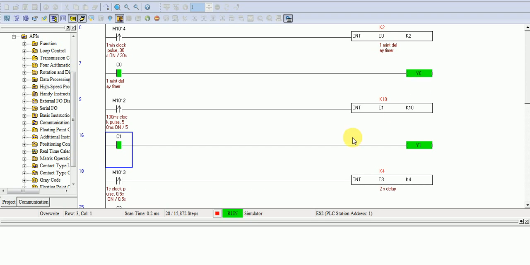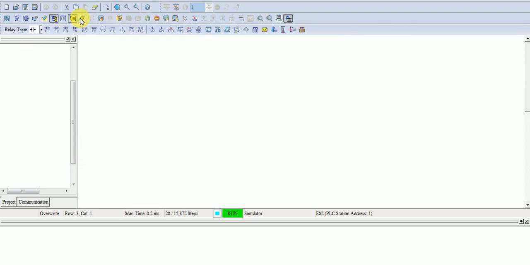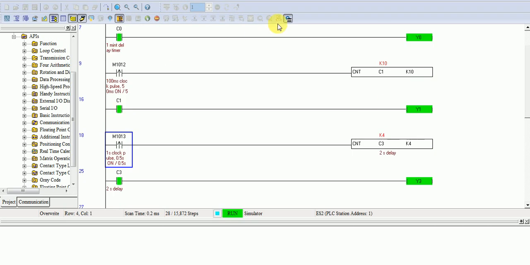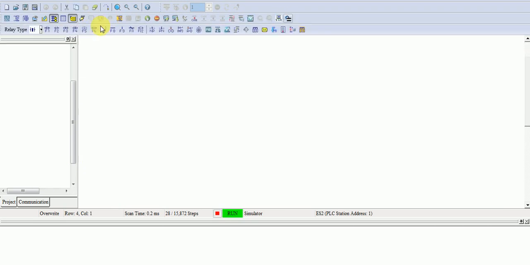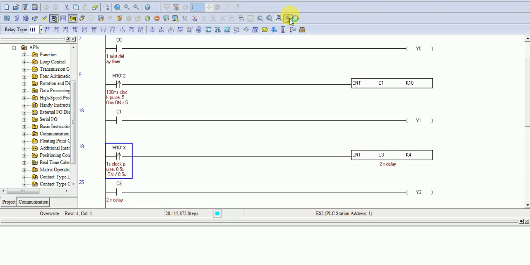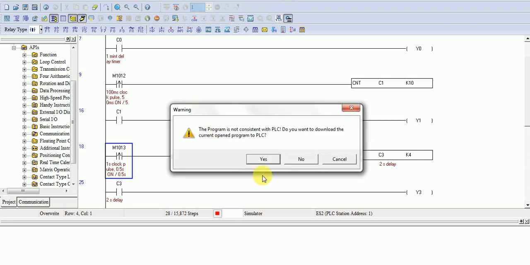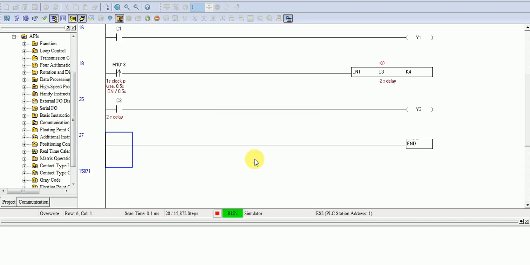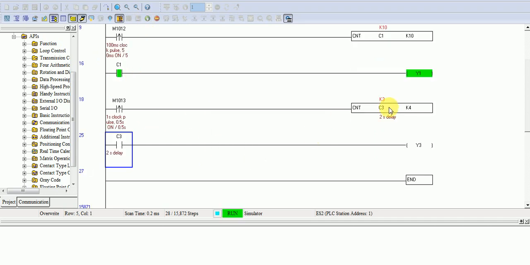This is our customized timer. You can see again on the simulator, run the PLC, and you can see here K3 and K4 equal.